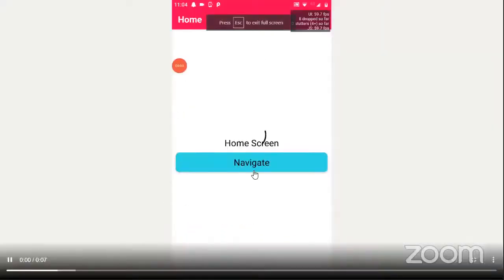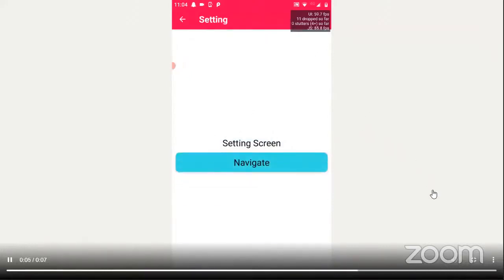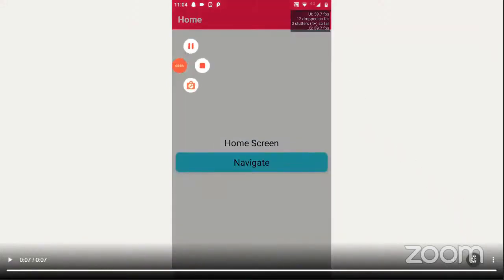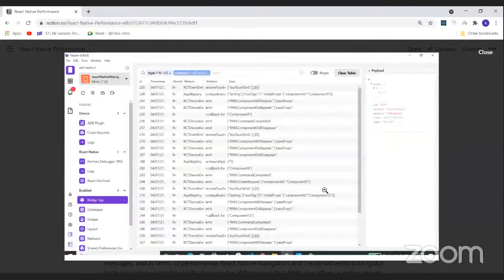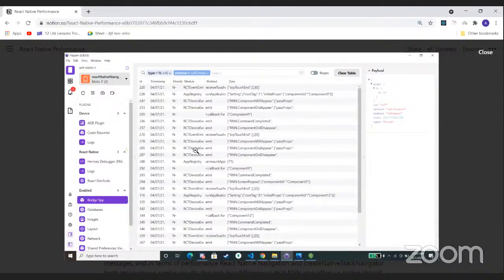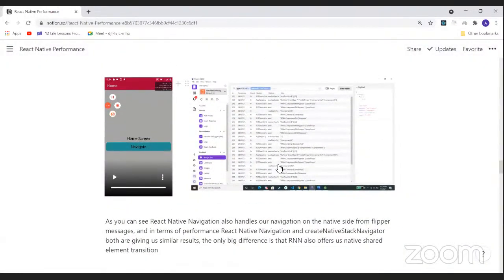And here comes React Native Navigation. Again, the lowest we hit was 47. And as you can see here, the navigation is getting handled at the native side. React Native Navigation also handles our navigation on the native side, and Create Native Stack Navigator offered us similar performance to React Native Navigation.